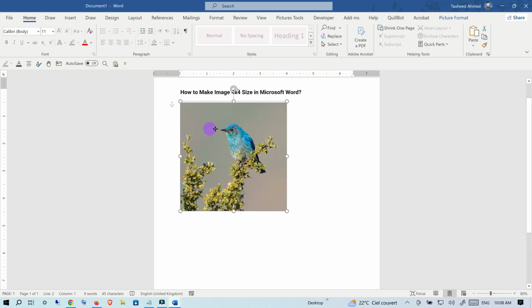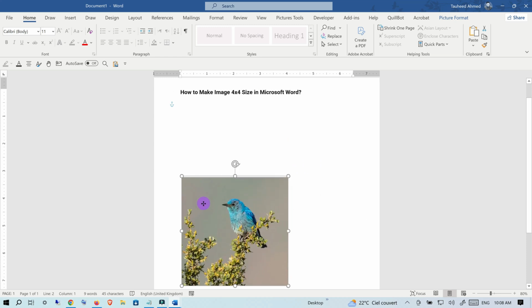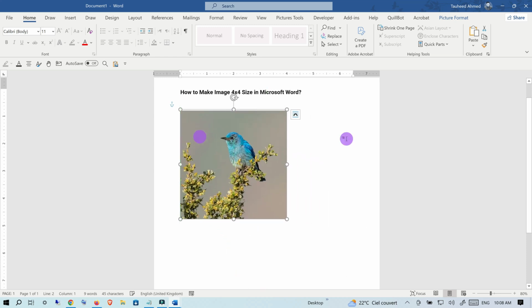And here it is. Now you can move it easily anywhere on the page as well. So this way you can easily make an image 4x4 size in